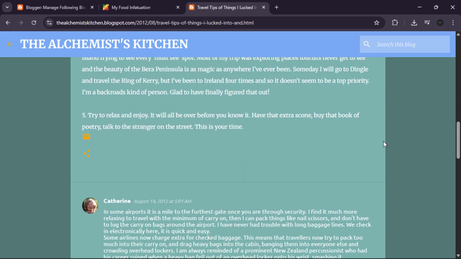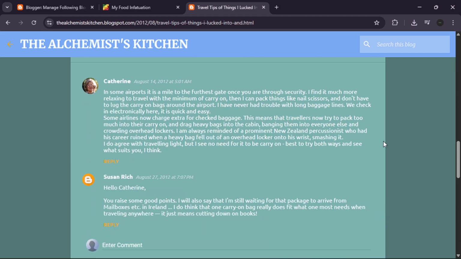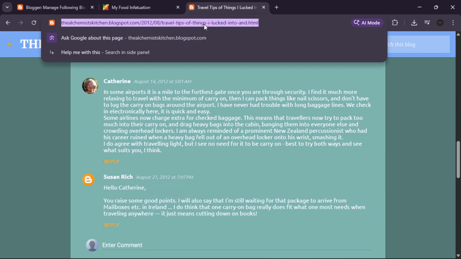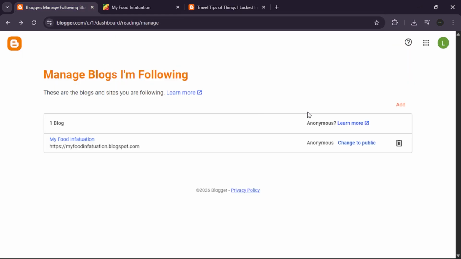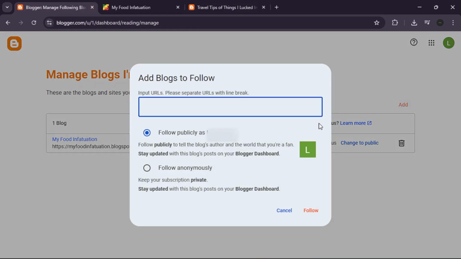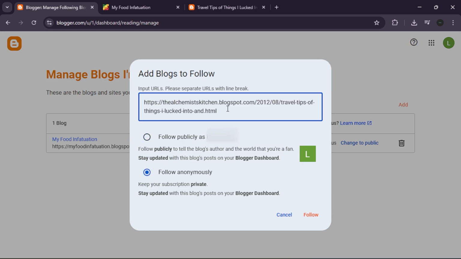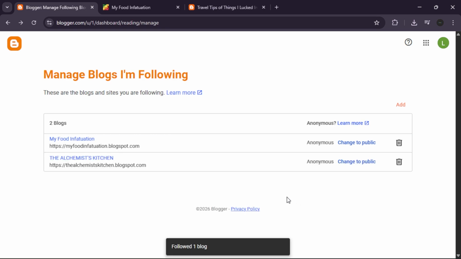To view and follow others' blogs in 2026, use the reading list on your Blogger dashboard to subscribe via URL, or use the Next Blog button for random discovery. By organizing your feeds in the Manage section, you can stay updated on your favorite writers' newest posts in one single